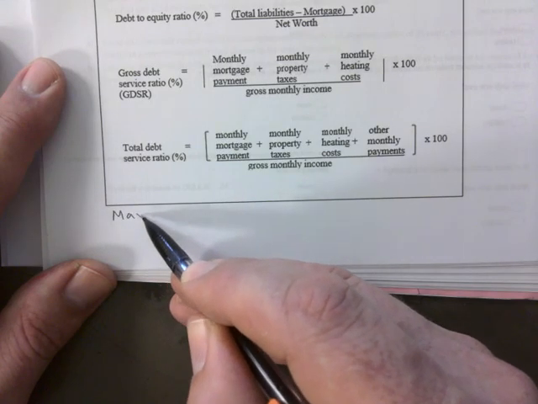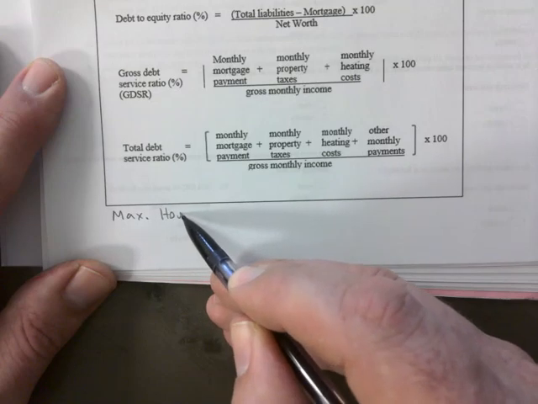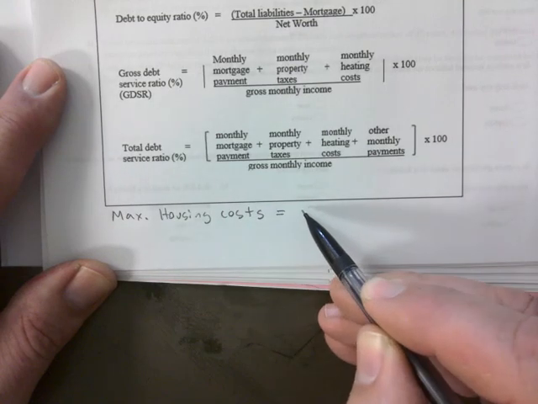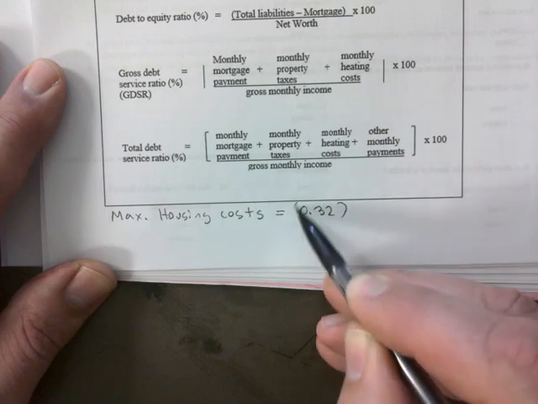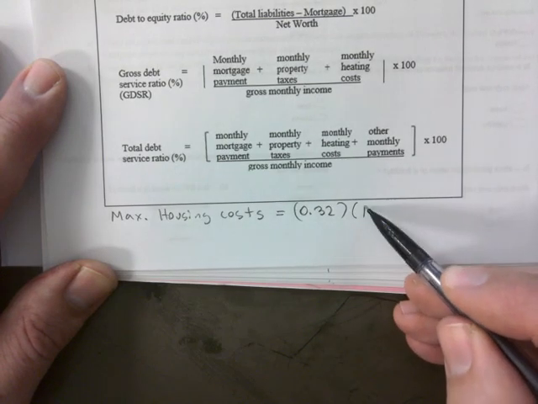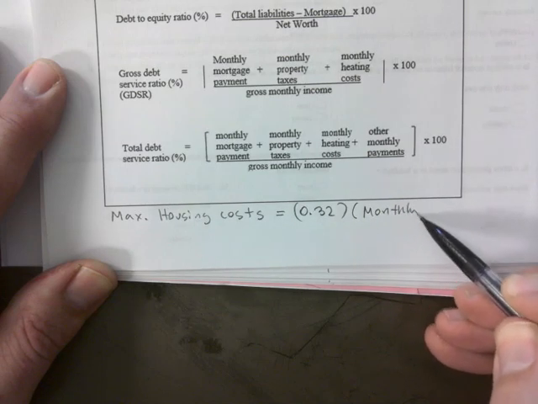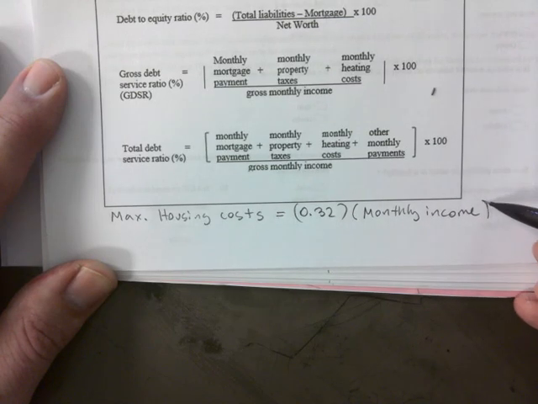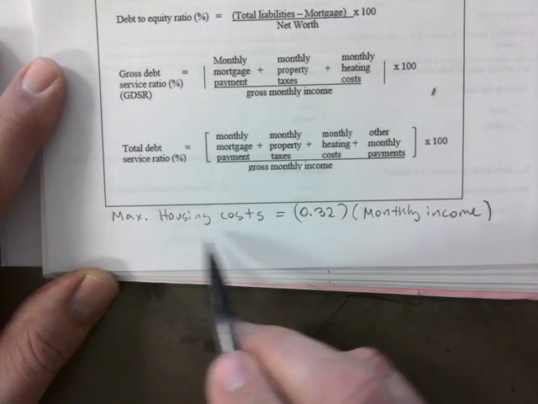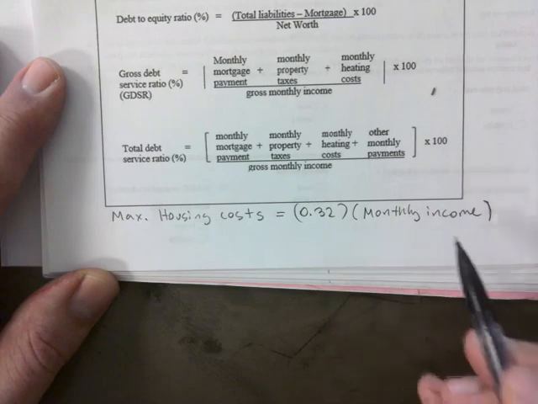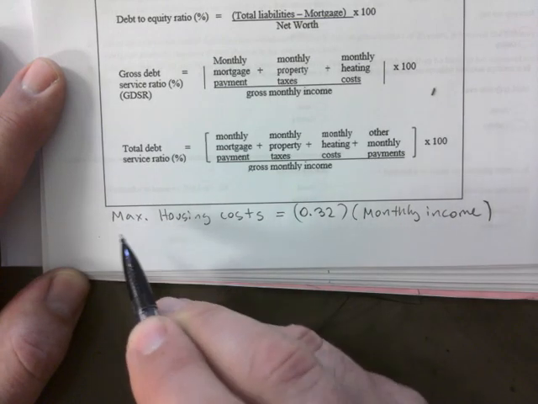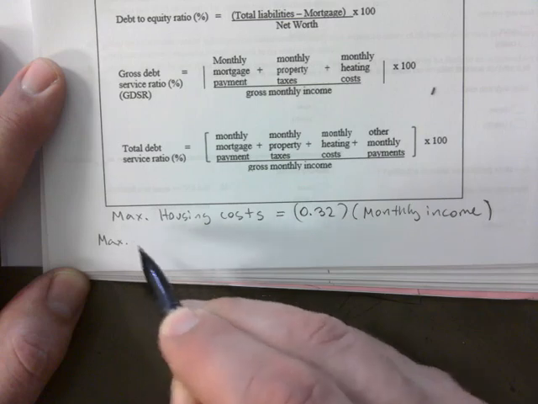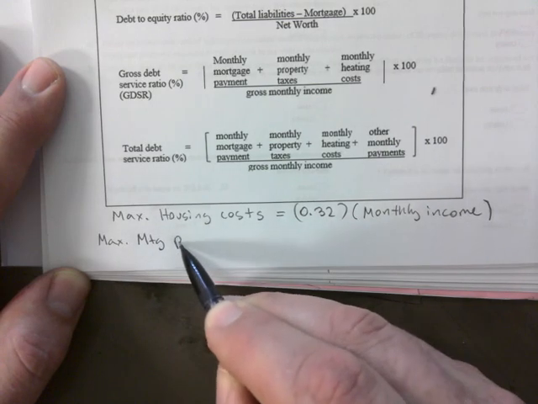So maximum housing costs will always be 0.32 times monthly income. And obviously this is a maximum housing cost and it's going to be monthly. Okay? And from this one, if they ever ask you for the maximum mortgage payment,